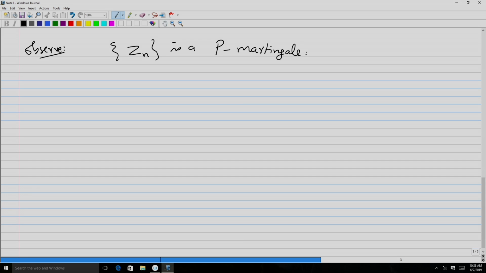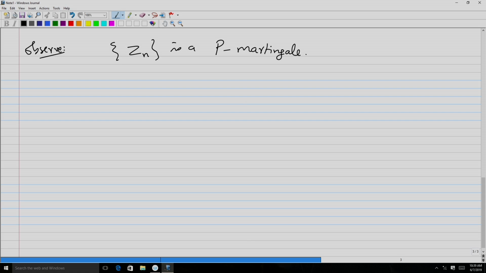So, the Radon-Nikodym derivative process starting from 1 at time 0 is a P martingale that gives you the Z at the end, which is what the Radon-Nikodym derivative is all about. Now, there is a lemma. We have already seen how the simple expectations are connected between these two through the Radon-Nikodym derivative. Now, through the Radon-Nikodym derivative process, we want to connect the two probability measures in terms of the expectations.